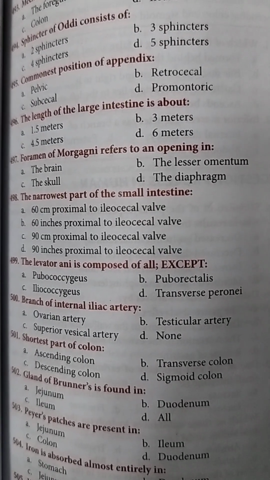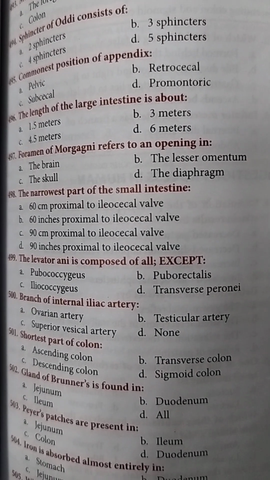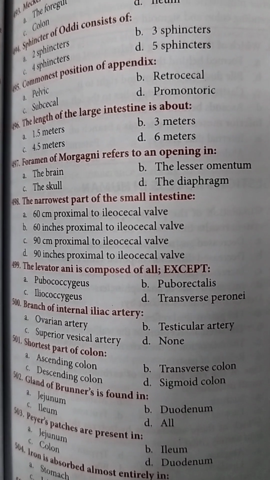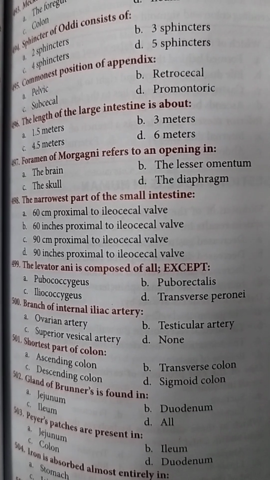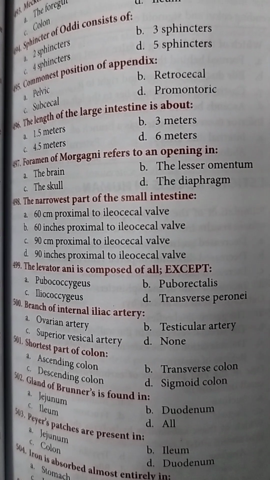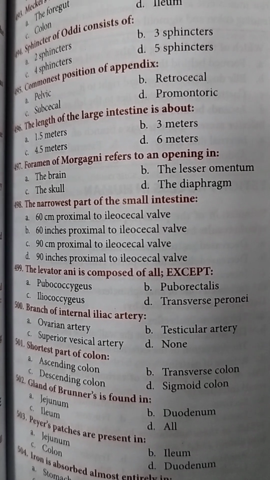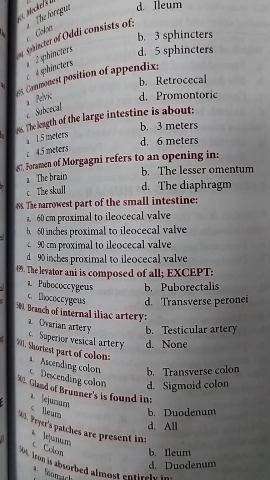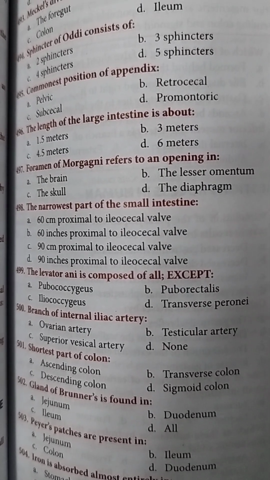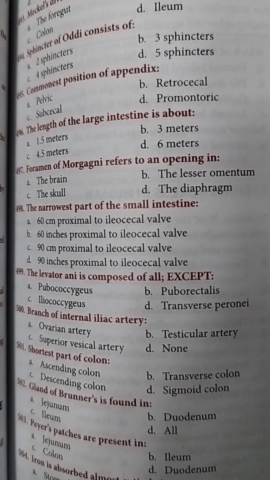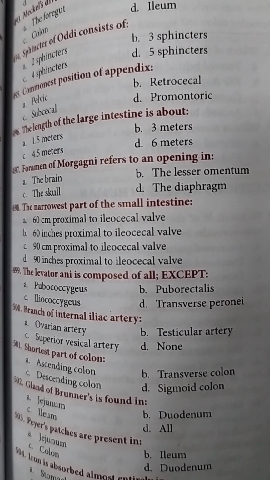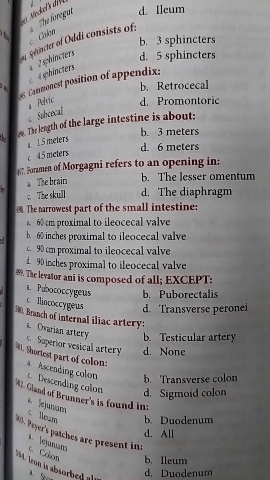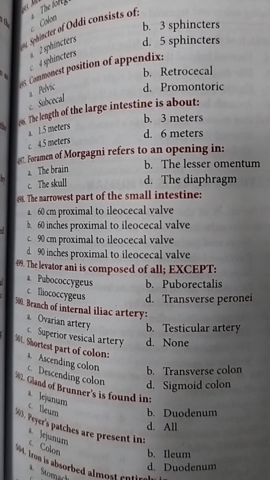The levator ani is composed of all except, তাহলে levator ani muscle composed করে কোন কোন মাসলগুলো? পিউবোকক্সিজিয়াস, ইলিওকক্সিজিয়াস, পিউবোরেক্টালিস, এই তিনটে দিয়ে লিভেটার অ্যানি গঠিত হয়, কিন্তু কোনটা ছাড়া? সেটা হচ্ছে ট্রান্সভার্স পেরিনি। তাহলে অ্যান্সার হবে ট্রান্সভার্স পেরিনি, যেহেতু এক্সেপ্ট বলেছে।